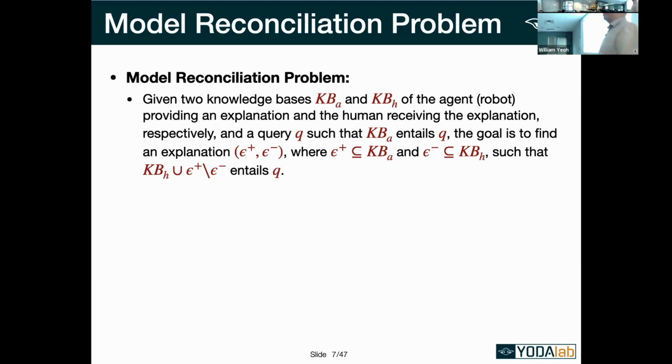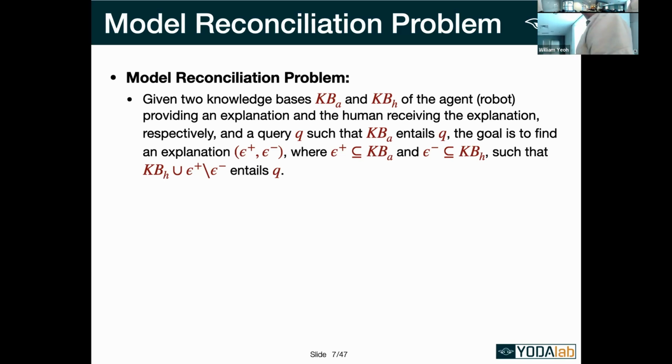So you can think like, why are you moving in circles, right? Moving in circles is the query, right? And the robot knows why it's moving in circles. The human doesn't understand why the robot's moving in circles. And you want to figure out an explanation, which is this tuple here of epsilon plus and minus. And this epsilon plus here is the information that you would get from the robot that you want to give to the human. And the epsilon minus is things that you want to remove from the human to make this